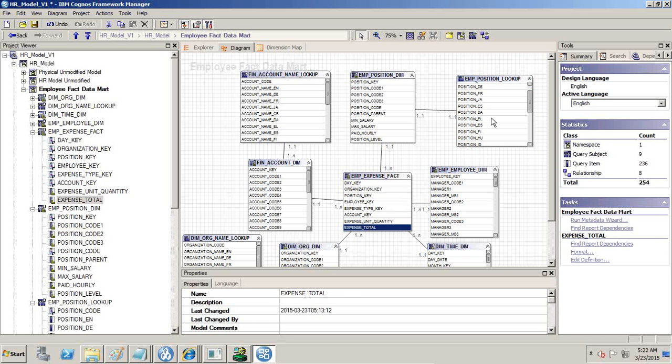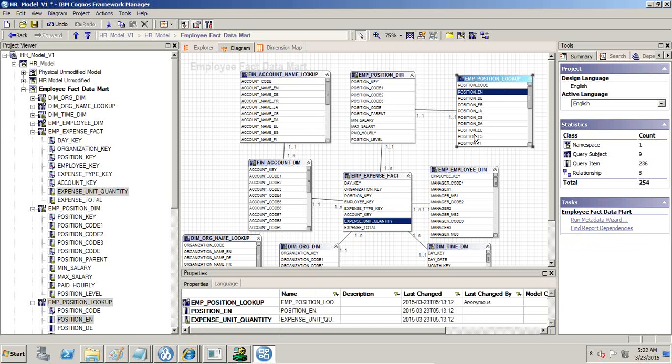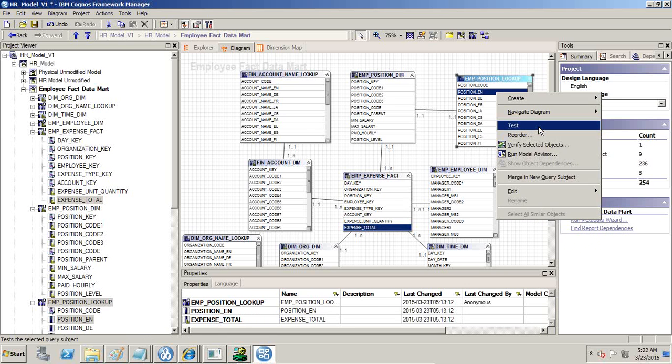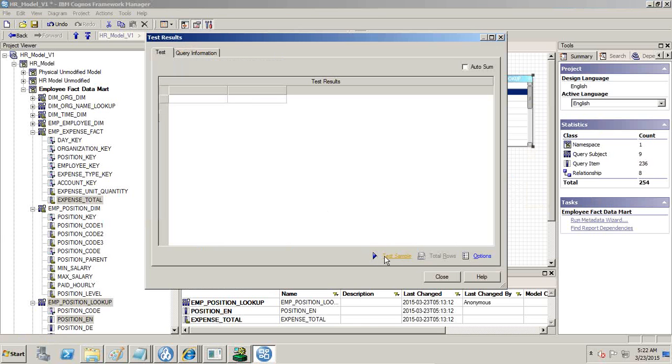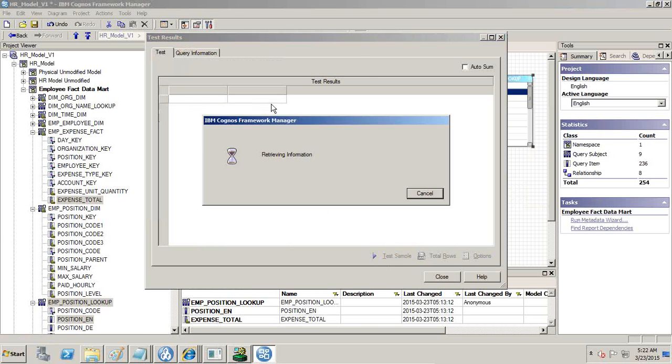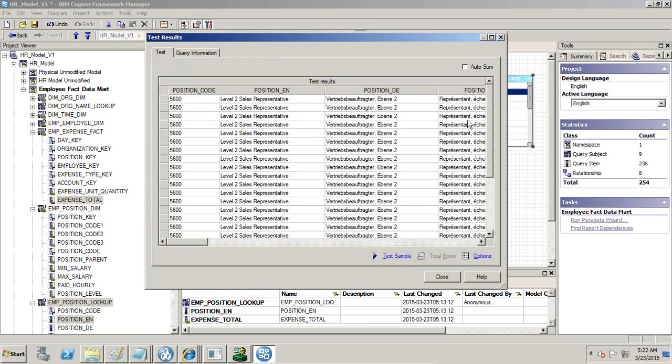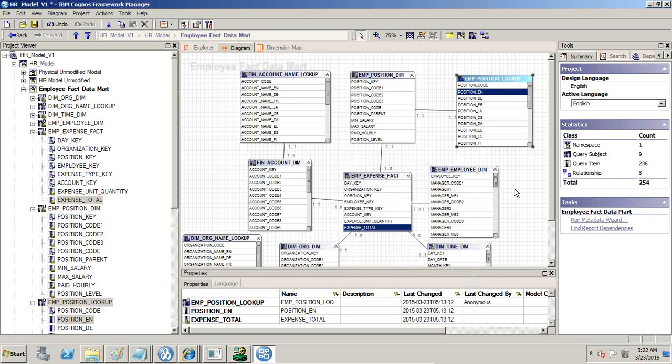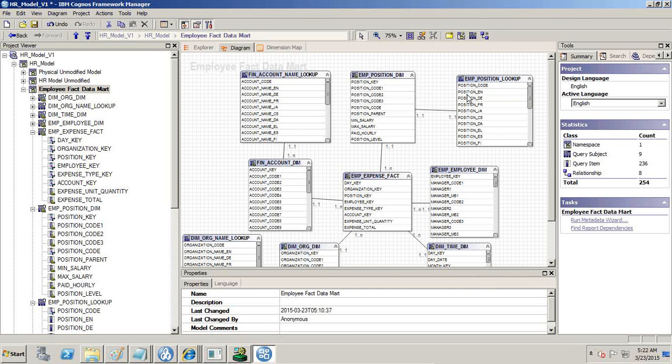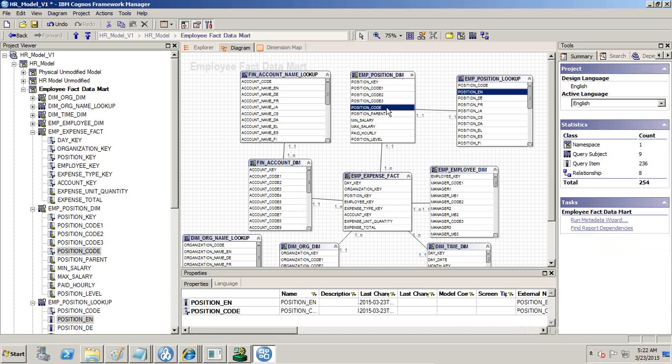Let's check and see how close we are to this requirement. Under each position, what are our expenses? If it is not meeting up, we'll see and remodel. Okay, we are getting a lot of unnecessary records. Employee code, employee name. It is joining on employee code, so I select employee code as well,